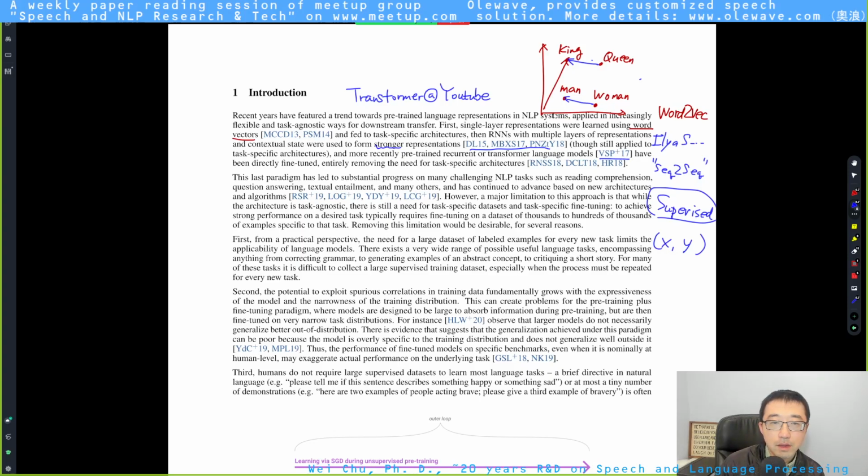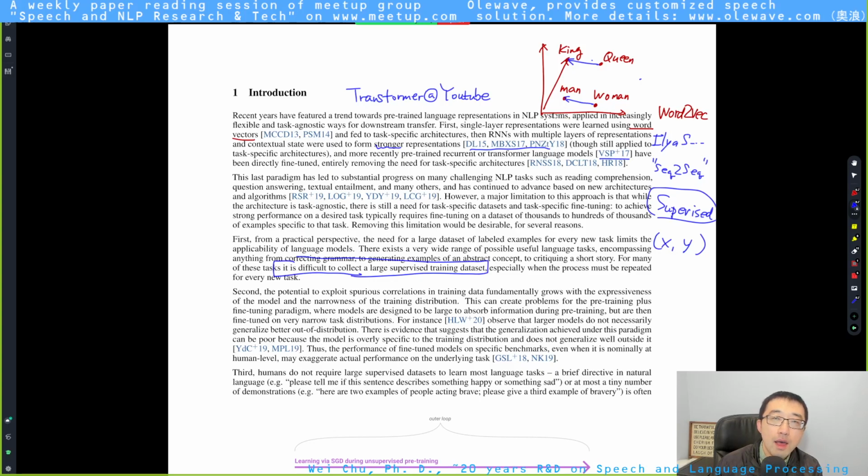But as we all know, it is difficult to collect a large supervised training data set, which is also true in speech recognition. Because I'm a speech researcher, as far as I know, it takes tons of money to collect 1 hour of transcribed speech.